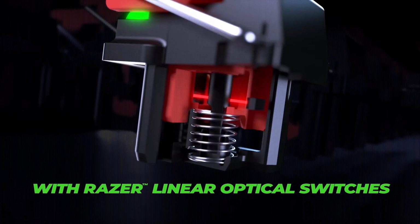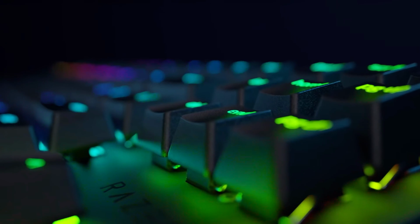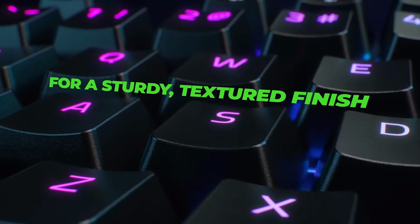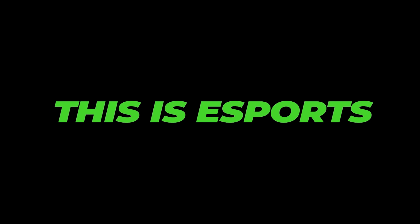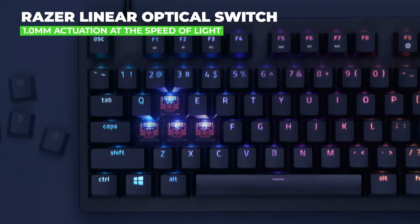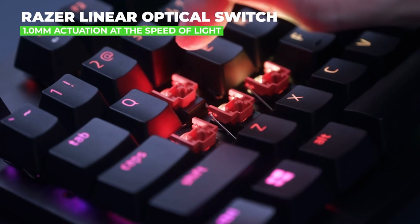But the beauty of the Razer Huntsman Tournament Edition is that it manages to deliver fast performance without being the most expensive keyboard in town. True, there aren't a lot of features here, which puts it behind many of its feature-rich rivals, but it makes up for that by being small and boasting a removable cable to make it perfectly portable for on-the-go gaming. The Razer Huntsman Tournament Edition costs